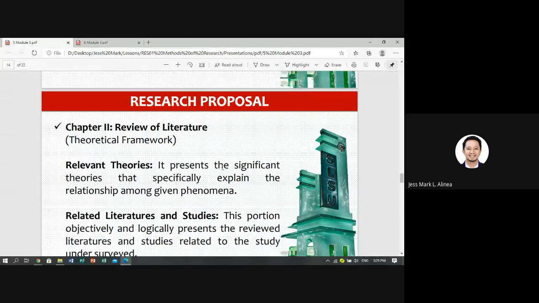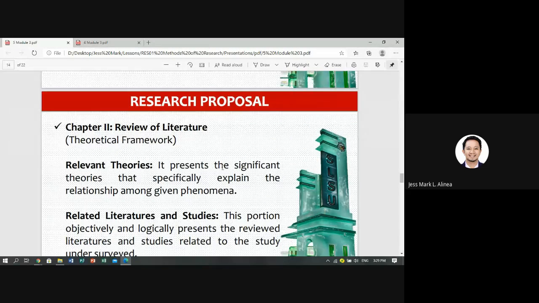So, pwede mo siyang gamitin, as halimbawa, ako yung nag-cite. Let's say kay Bloom, pwede mong gamitin na Bloom mentioned, as cited by Alinea 2017, that... So, by that means, nababago o napapabata natin yung ating references. So, relevant theories. Kung IoT ang ginamit, kailangan nakasulat ang relevant theories related to IoT. Kung gumamit ng Python, isusulat din ang Python.